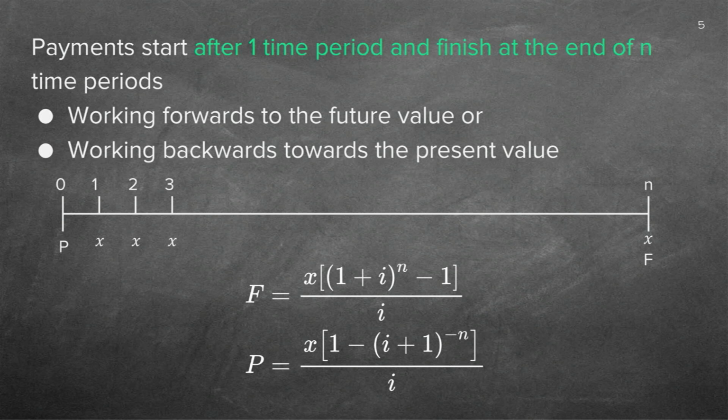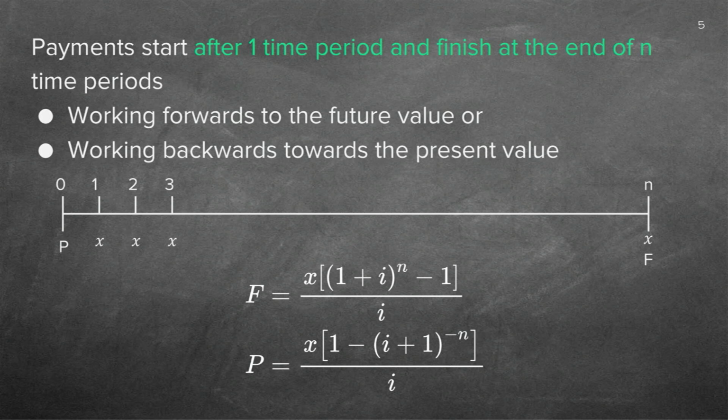Now there are different scenarios. So let's look at the first one. If your payments start after one time period, normally after 1 month, and finish at the end of N time periods, then it's the normal F formula or P formula. So there you see the two formulas. Now you can clearly see the difference between the two. They look very much alike. The F formula just has the round bracket first and then -1. The P formula has 1 minus the round bracket, and the power is to the power of -n. Be very careful that you do not leave out that minus, because remember they are reverse workings. Good, so there are your two formulae.